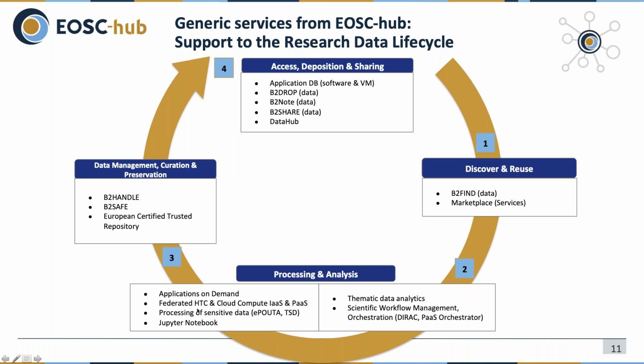And after the analysis stage is completed, then typically researchers or research projects move on to curating the results, separating the useful findings from the noise or the background information, making sure that the relevant information is preserved for the long term, for which the EOSC-hub project and its network of providers offer various types of services, from permanent identity provisioning service to long-term archival service to certification of repositories.